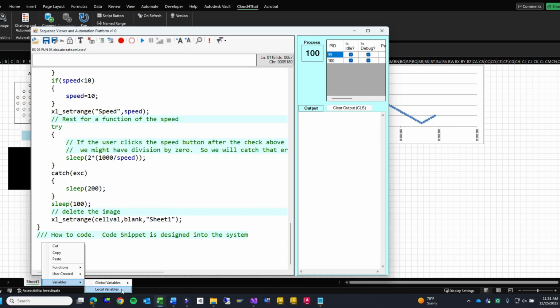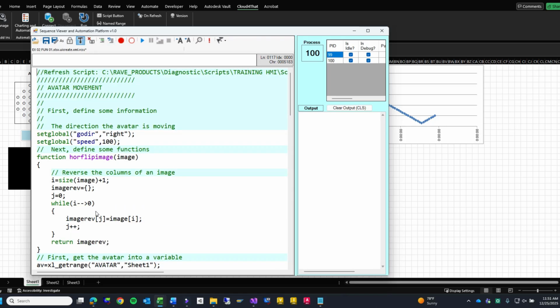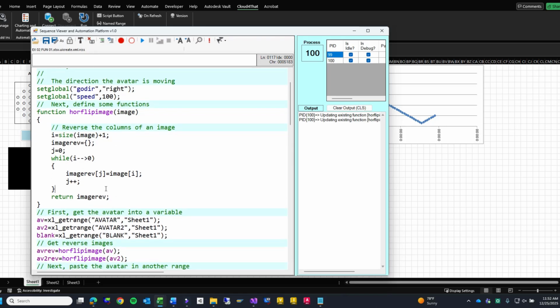Which I don't show too much in this video, but code snippets, you can actually create your own like function blocks, like if then else, where you can actually do a state machine type of program. And there is a state machine module that allows you to